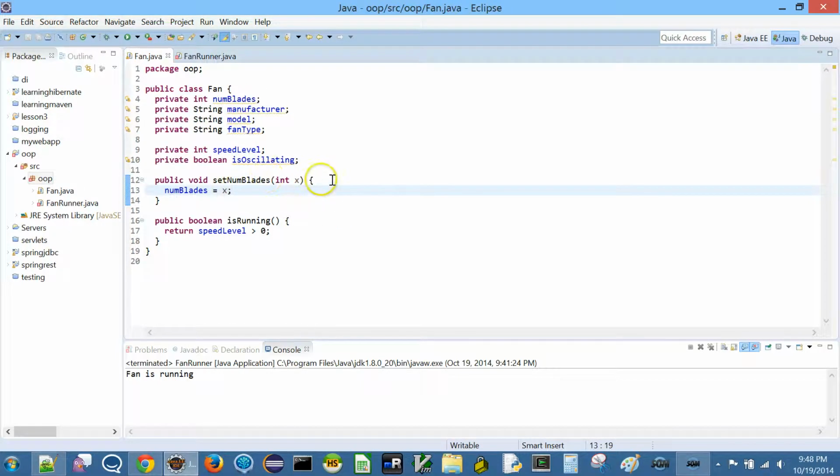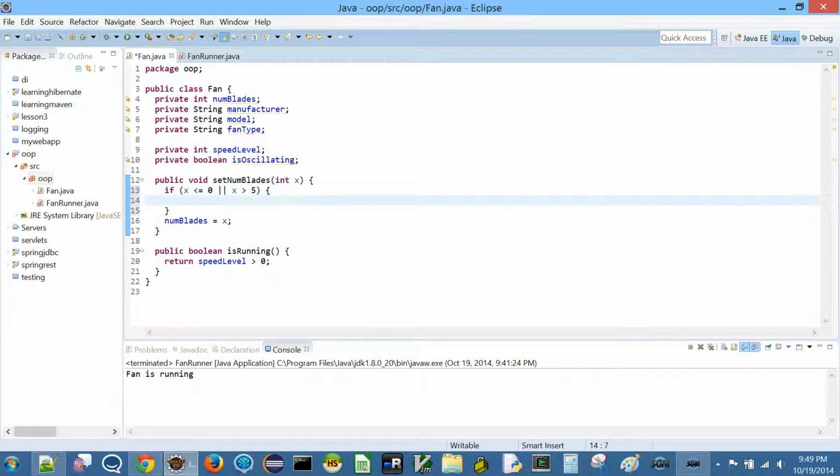Inside here, if somebody passes me an invalid x, what is an invalid x? Anything less than or equal to 0 is invalid, and we can also set a maximum for our number of blades. For example, if x is less than or equal to 0, which means it's a bad value, or x is greater than 5, we can't have more than 5 blades, then it's a problem, right?